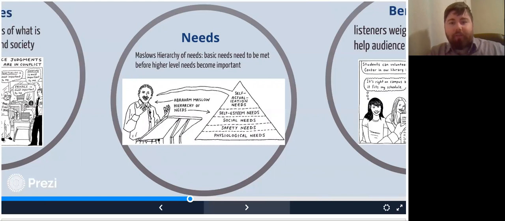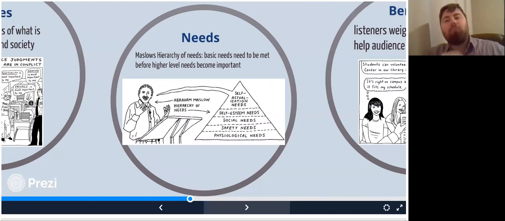And then finally we have self-actualization needs, and that has to do with your perspective on yourself in the bigger picture. What is the meaning of life? What is the purpose of life? Am I living out my life to its ultimate and full potential? That's the kind of question that gets asked in the self-actualization category. What is my legacy? What am I going to leave behind on this earth when I die? Those are the kinds of questions you're able to start asking yourself when all those needs are met.